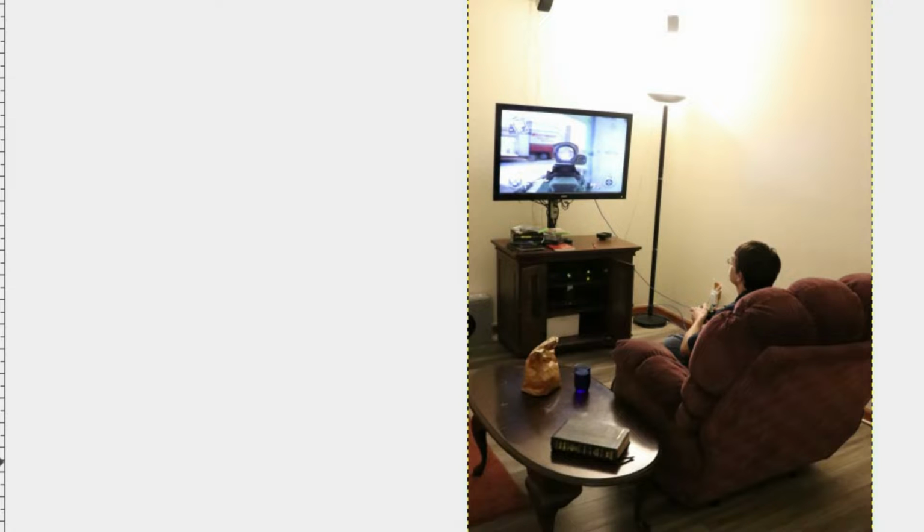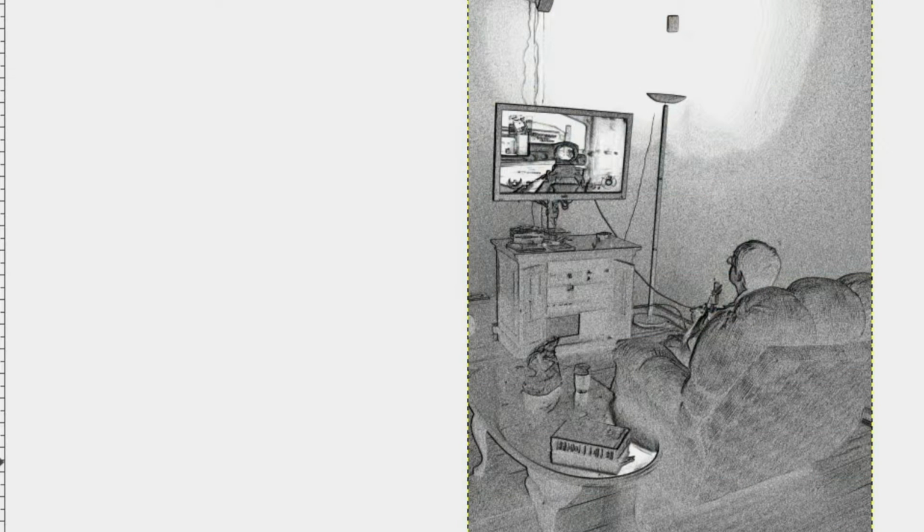So give this a chance here, and it is going to take a little bit of time because this is actually a massive file. I don't think it's quite 4K, but it is pretty big. So there is what we have. We have a nice sketchy type effect. Now you can see it's a little bit darker, a little bit more gray. It looks almost more like a negative than we want. Definitely cool though. Very nice. For the most part, this is actually pretty good. Now we might want to,